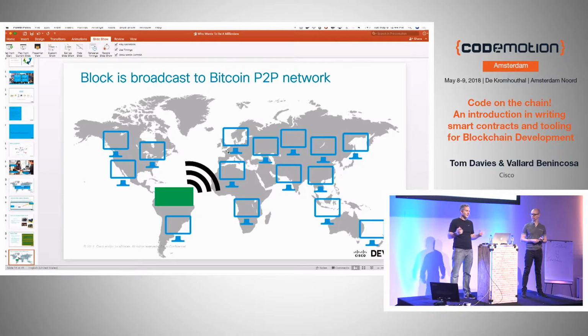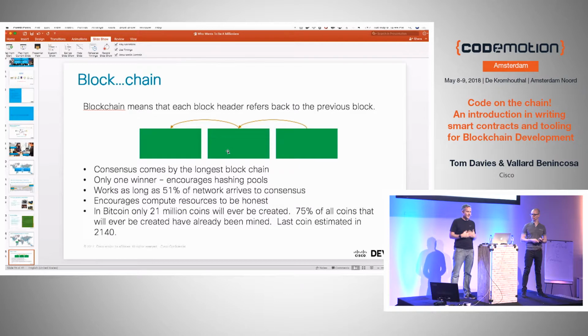So once we have the block, we know it's right, we broadcast it through all the rest of the network. If it's accepted, then we get to have the new Bitcoins that were created, or whatever the algorithm says. We do this about every 10 minutes, Bitcoin does it. Bitcoin is very interesting because there's about 21 million coins that will ever be created, and over half of them have already been created. Yep. And this works really well.